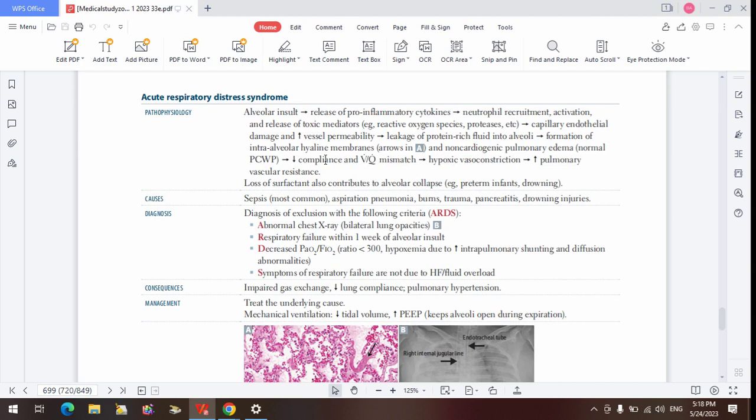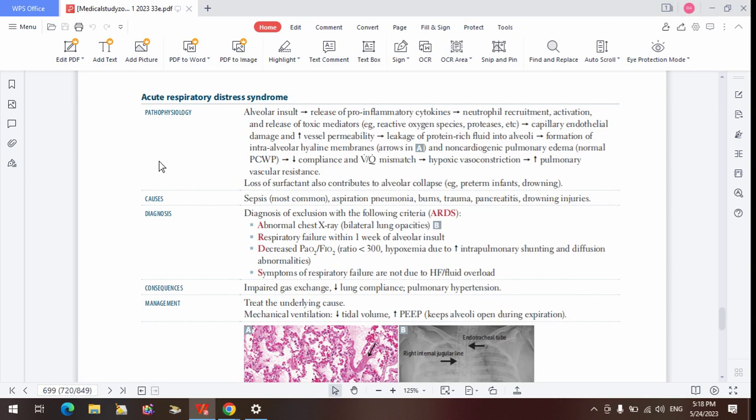So what is going to happen at the end of the day, because this process is also going to cause damage to the pneumocytes that are found within the alveoli. But one thing about the type 2 pneumocytes is that they are highly resistant to damage. But when an insult to the alveoli happens, their function is kind of reduced. So they are more concerned with the repair. That's what they do. So their synthetic function of releasing surfactant is reduced. So there's reduced production of surfactant from those type 2 pneumocytes because of the congestion within the alveoli.